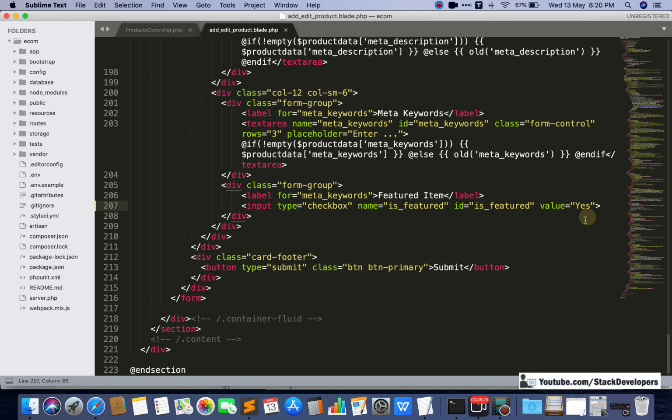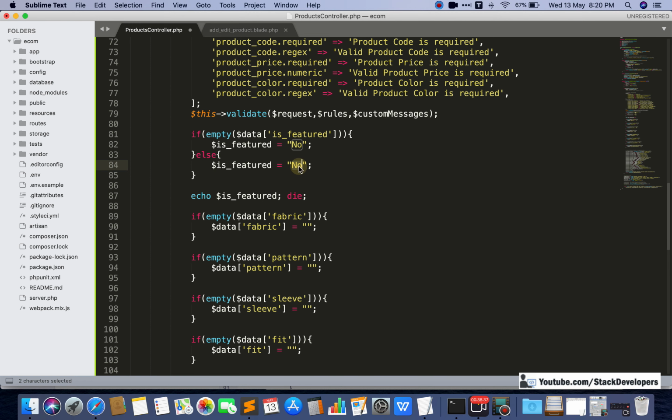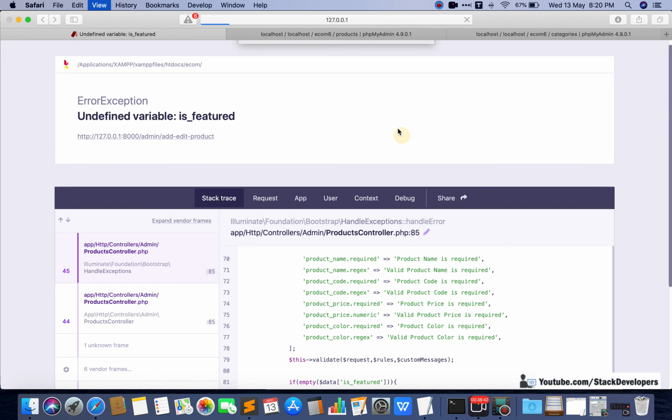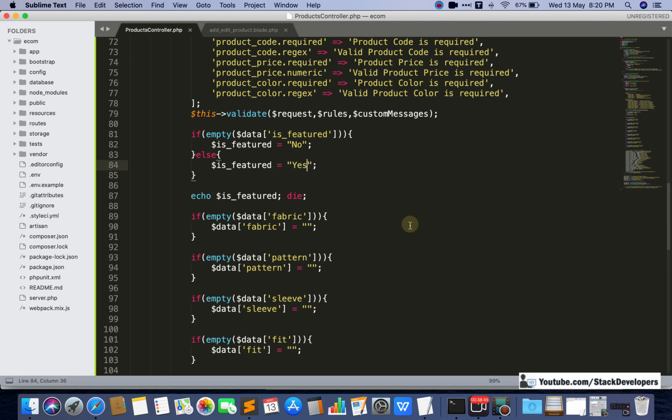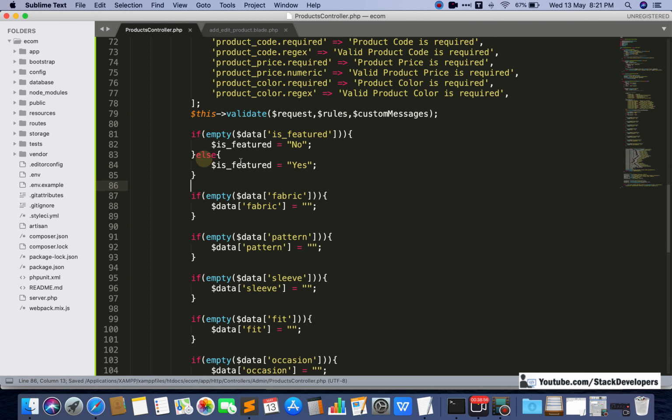Is featured value is yes, and I'm going to check once again why it is coming. If empty, then no, otherwise it must be yes. Why so much issue is coming? We're going to check. Yes, is coming. If it is not empty, then yes is coming. Oh yeah, fine. Now it is fine, because see, we have not done the else condition. I forgot. I thought it would automatically pick, but we need to put in one variable only, then it will go here. Now it will work 100% fine.